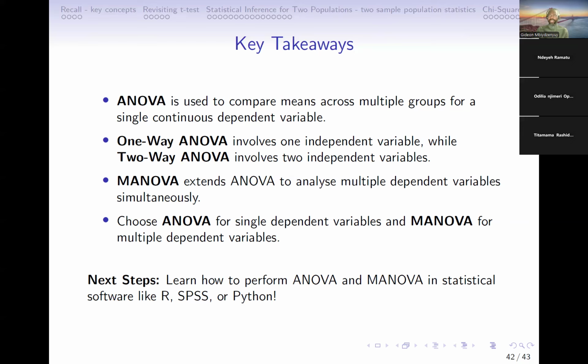Is there any question, please? Everybody's left even. I can see two of